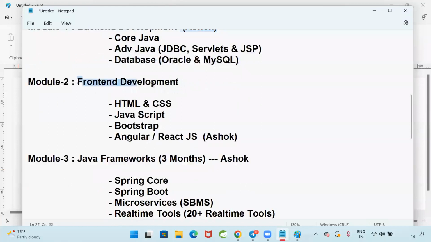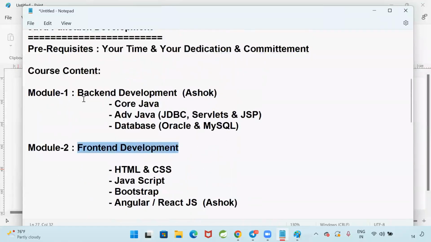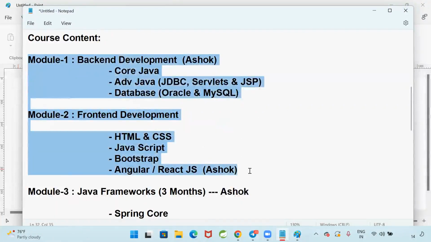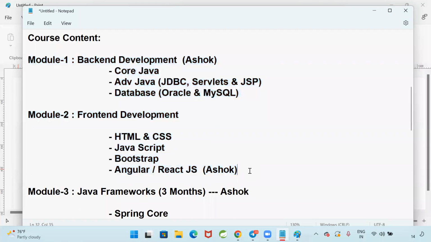In module 2, you are going to learn the front end. Guys, please plan to attend module 1 and module 2 parallelly so that within 3 months you can complete both. Module 2 will take just 1 month, because you are going to learn only these parts: website designing, user interface, HTML, CSS, JavaScript, Bootstrap. 20 to 30 days is more than enough to learn module 2, right? So within these 3 months, at any point of time, you can attend module 2.